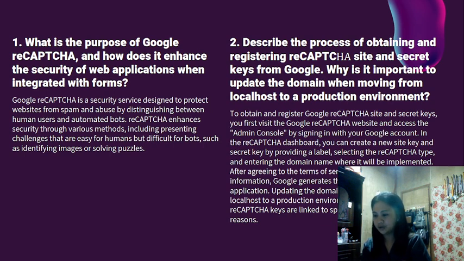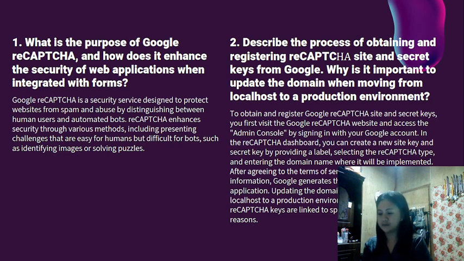By signing in with your Google account in the reCAPTCHA dashboard, you can create a new site key and secret key by providing a label, selecting the reCAPTCHA type, and entering the domain name where it will be implemented. After agreeing to the terms of service and submitting the information, Google generates the keys for use in